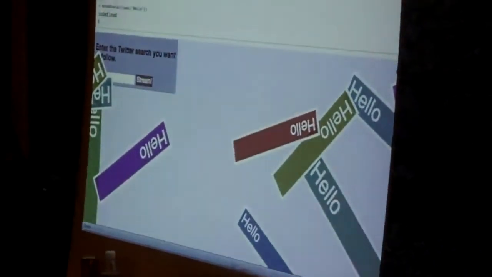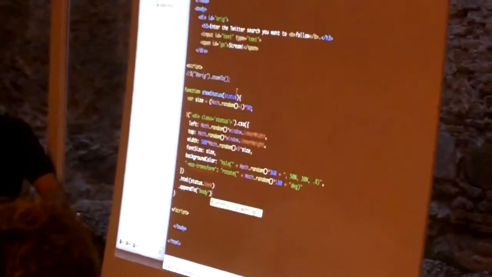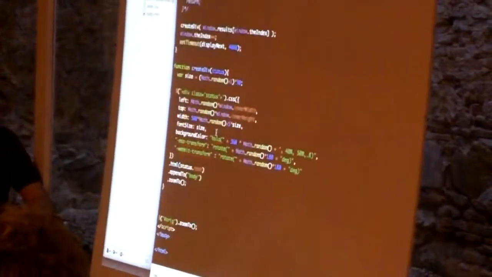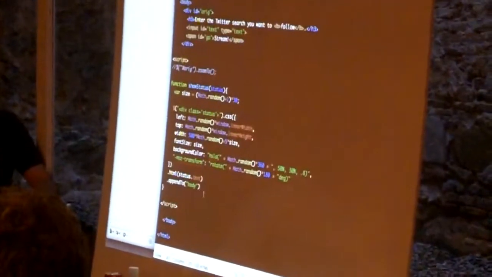Nice. Now that we've got something sort of interesting going on, all we have to do is hook this up to Twitter. So we come over here to the Twitter page, we look at their search method, and you can see here that all you have to do is call a simple URL with a callback and the query, and that'll put it in. So to make this a little bit easier, I'm just going to copy this from the other file, and I'll explain what it is. Yeah, I'm cheating.